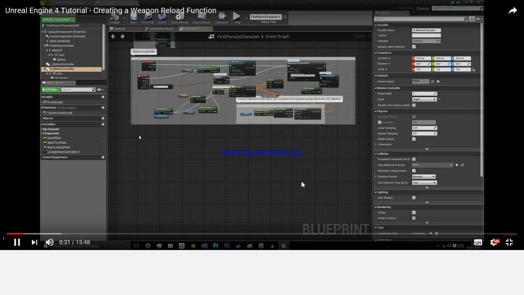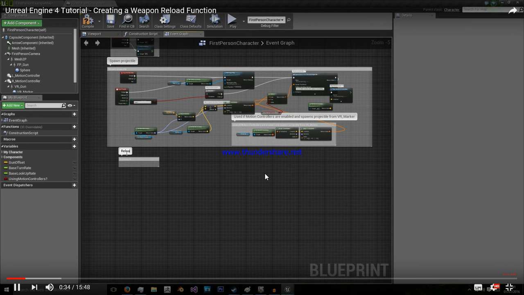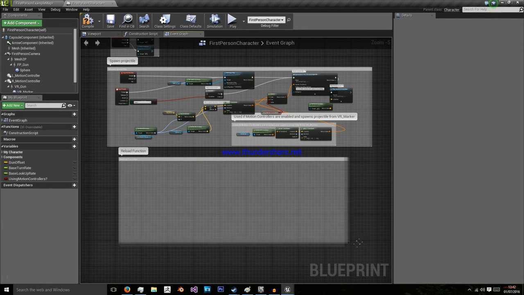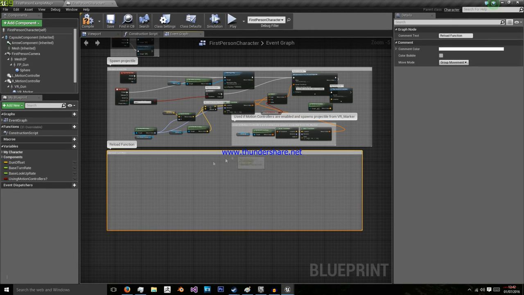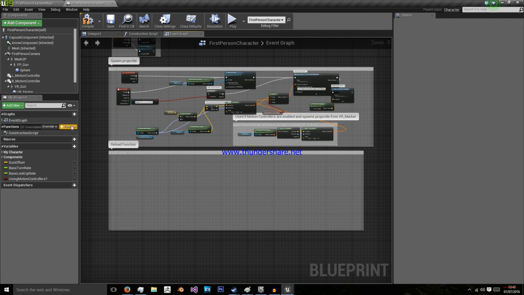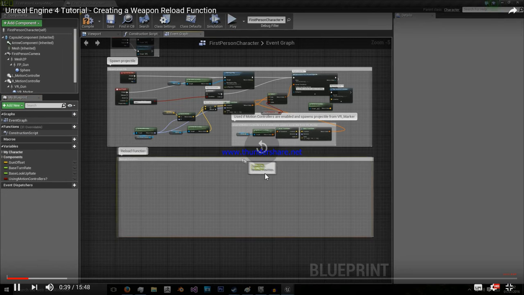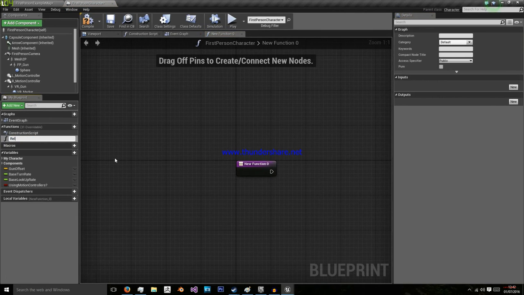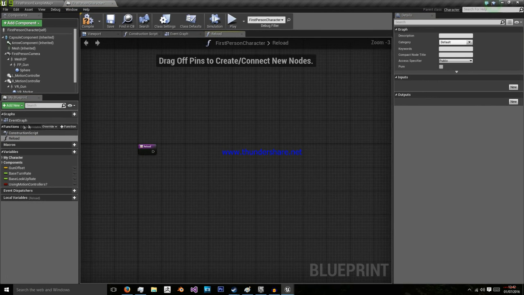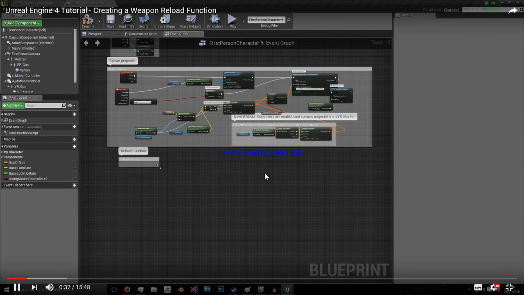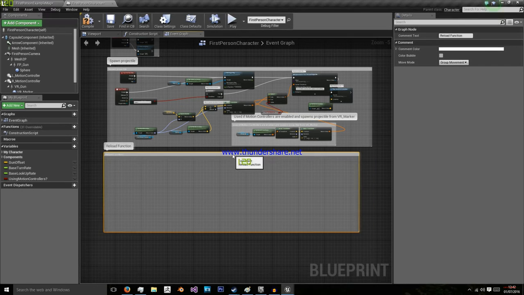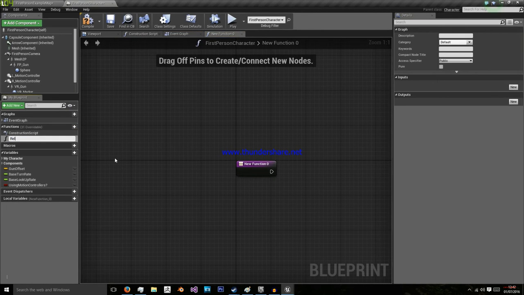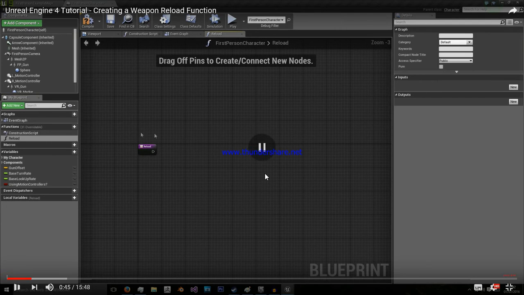So to create the reload, I'm just going to press C to get a comment, which we're going to then add reload function into. And actually we're going to put this in a function, so we'll just do and actually we're going to put this in a function, so we'll just do reload. So just added it into, and actually we're going to put this in a function, so we'll just do reload. So just